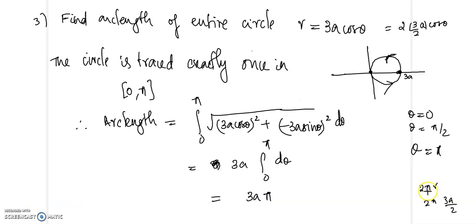Now the circumference of the circle will be 2 pi r. So here the radius is 3a by 2. So 2 pi into 3a by 2,